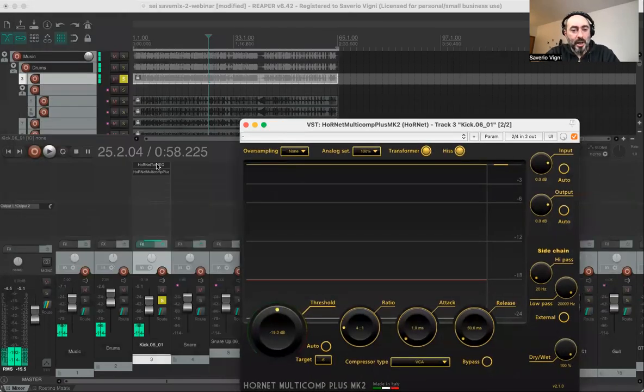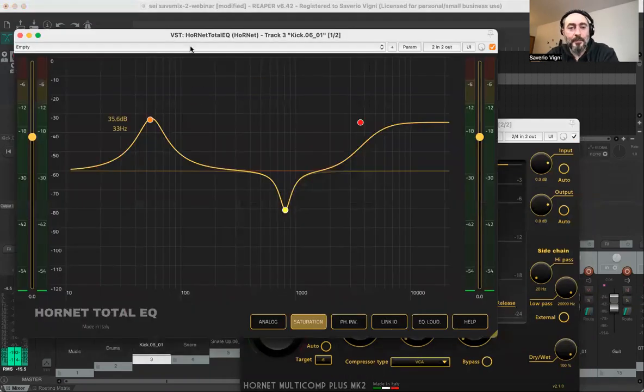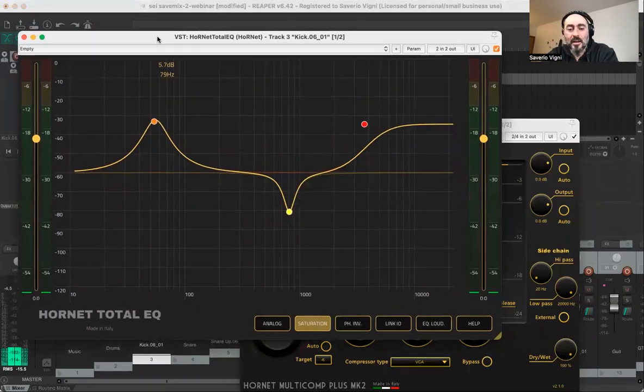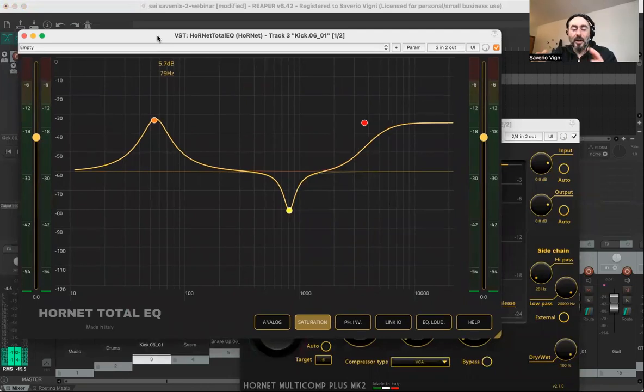Okay, the TotalEQ trick. It's called like that because you have two different bands on the TotalEQ that can work in push-pull. That means that while the lower part of the lower band,